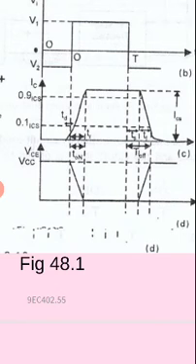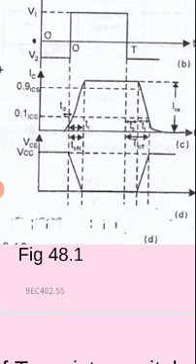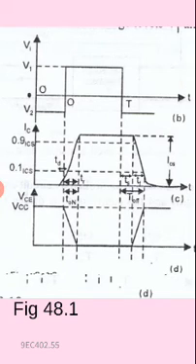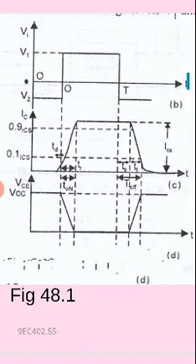In this way, for negative voltage, the transistor remains in off mode. For positive voltage, the transistor enters into saturation and it acts as an on switch. For continuous positive and negative input voltage, the transistor enters into the on and off states. Hence, it is called a switch. It is a switching action.